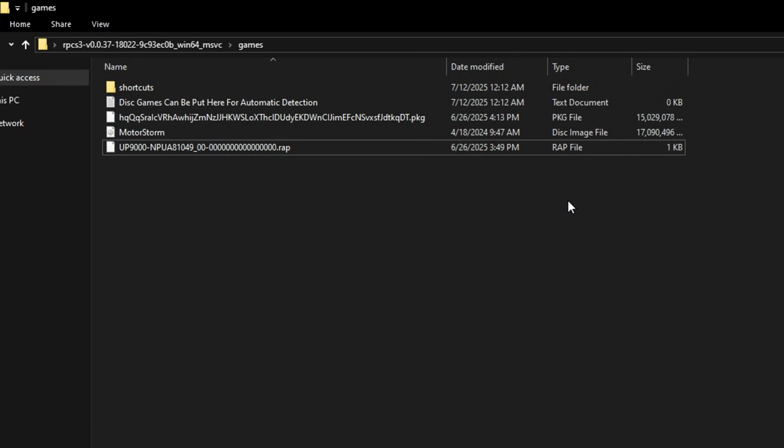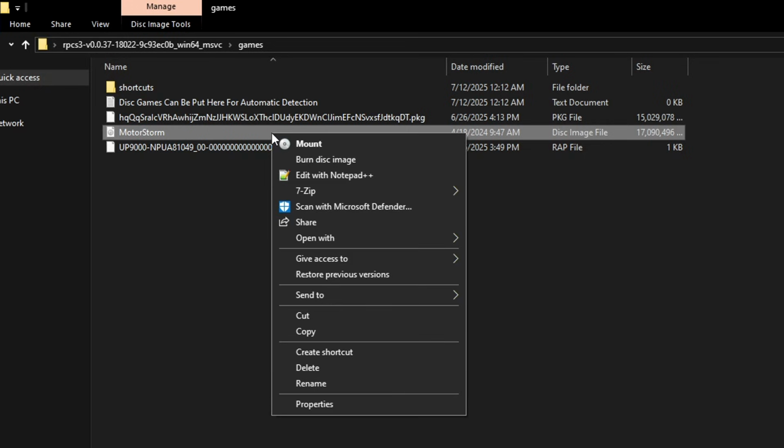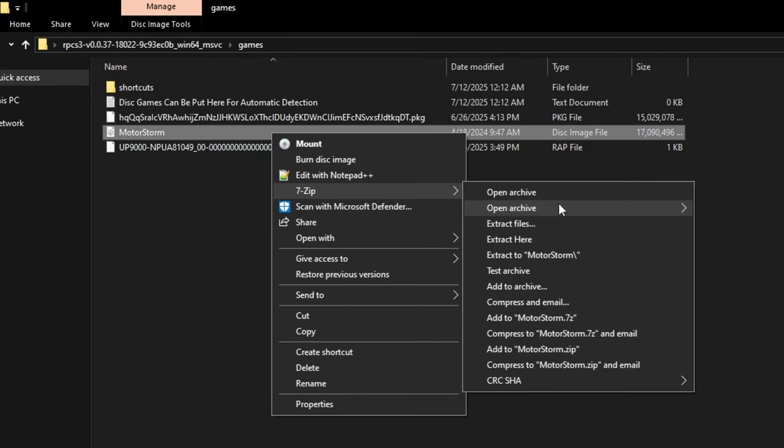If you got your game on the disk image format, first you need to extract from it to get the folder with the files inside. And you can do that with 7-zip or whatever extracting software you might have. So I'm gonna start with MotorStorm to show you how this works. You're just gonna right click the disk image file, select 7-zip, and then select extract to and the name of